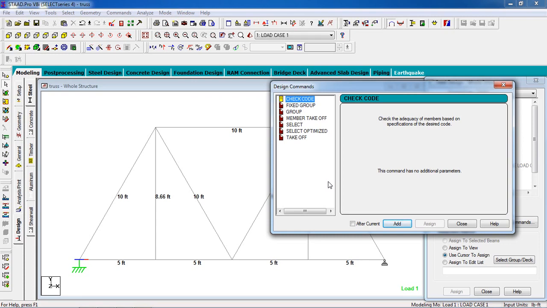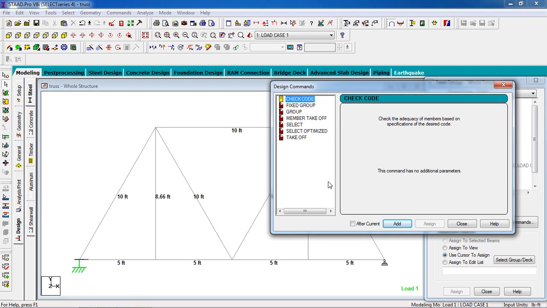So the code, which is IS 800, will check the figure which I have drawn or modeled in STAAD.Pro. So the code will check the figure, and it will decide what property can be given on the basis of the loads which I applied.